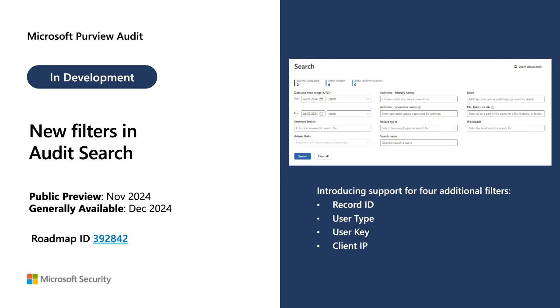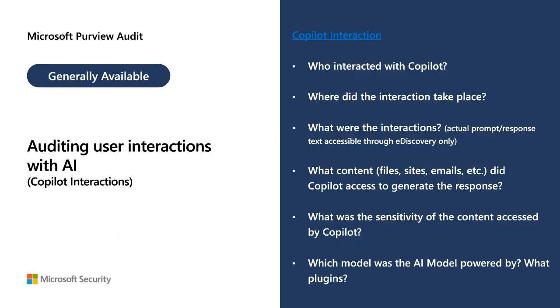And up next, we have auditing user interactions with AI. So right at the beginning, if you remember, I talked about how auditing has evolved over the past year and a half, 2 years, to ensure that we audit all activities that AI does. Now we are working on further enriching this, expanding the scope. There's going to be a whole bunch of exciting announcements at Microsoft Ignite next week related to this. So keep an eye out and an ear out for those